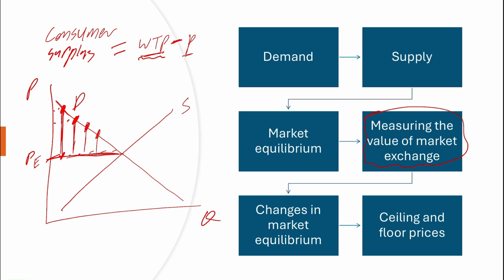And if we add all this up, we could do this for an infinite number of points in between, and we see that this consumer surplus is this area between the demand curve and the equilibrium price. Our producer surplus